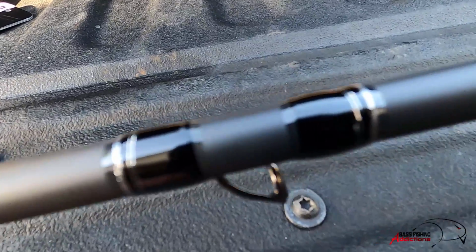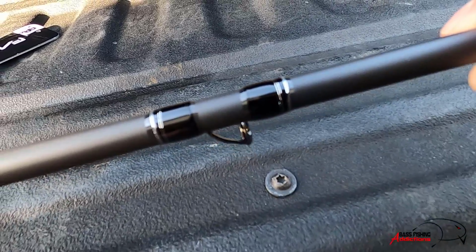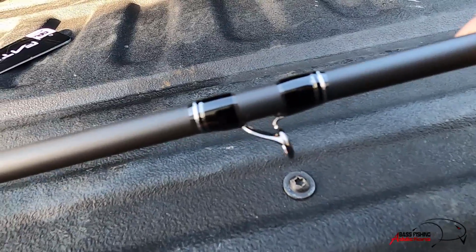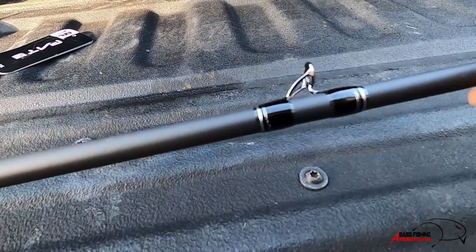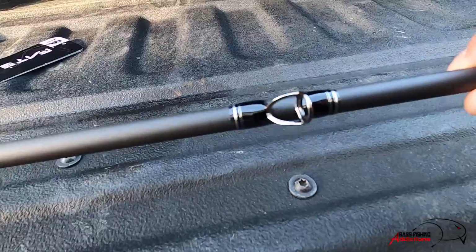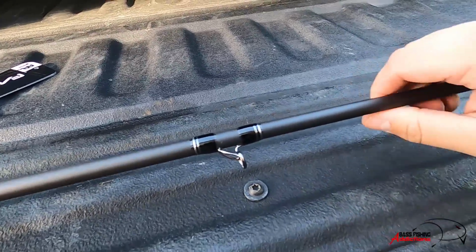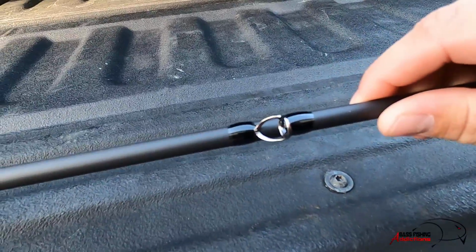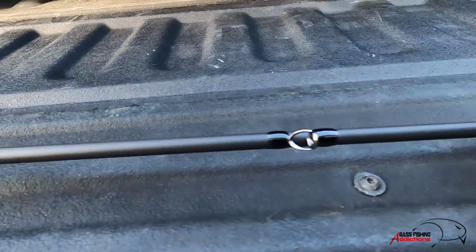Eyelets. What's up with that messy wrap on the one on the right? Again, you guys can hardly see that because the GoPro is horrible at focusing. I would love to get a DSLR for this, but that's kind of out of my budget at the moment. So first guide and second guide, just standard size guides, and they are wrapped at the top and the bottom. And then